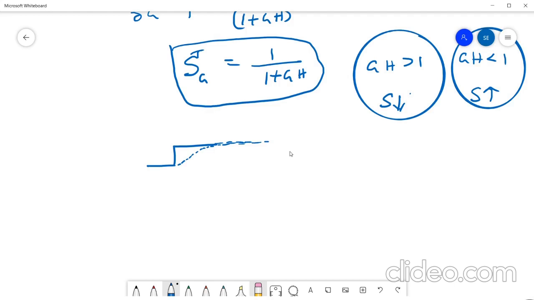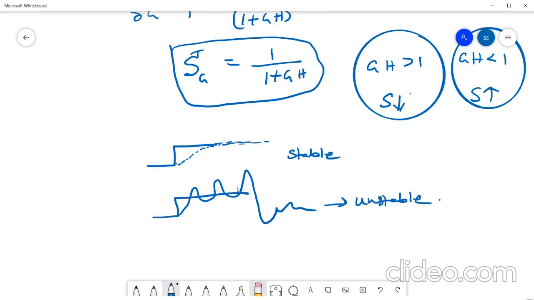If you are giving certain input to the system, and it is going unstable, if you are getting this kind of response, then the system is unstable. We give certain input, and in one case the output is following your input, and here if you see, the output is not following, it is going somewhere else, therefore it is unstable. So how does feedback actually affect stability?